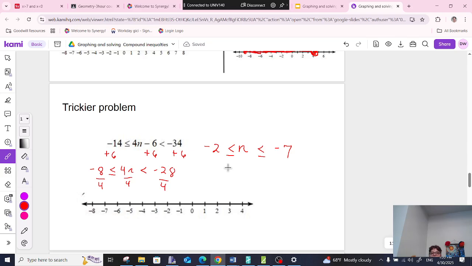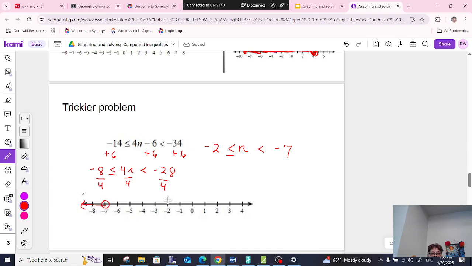Oh, that's just this, yes, right there, like that, okay. So I have to be less than negative 7, right? And then I'm going to be greater than negative 2. So less than negative 7 would be this way. And that would be an open circle. And then